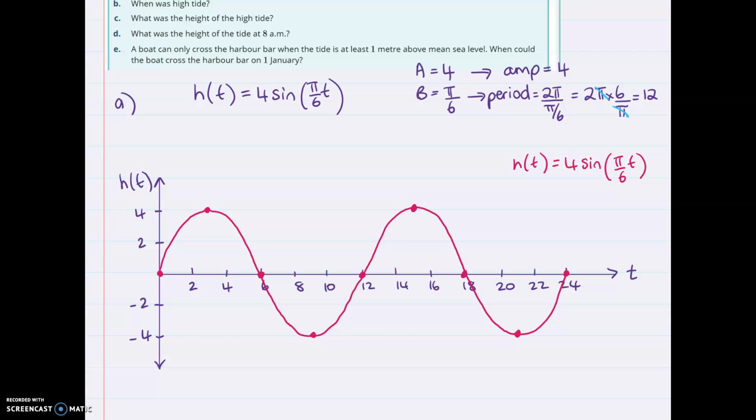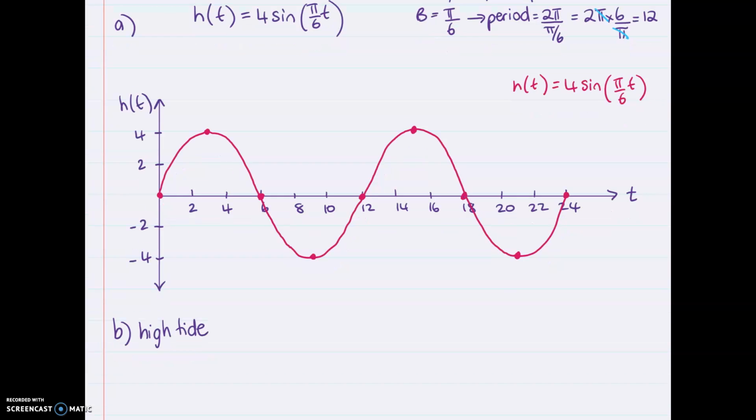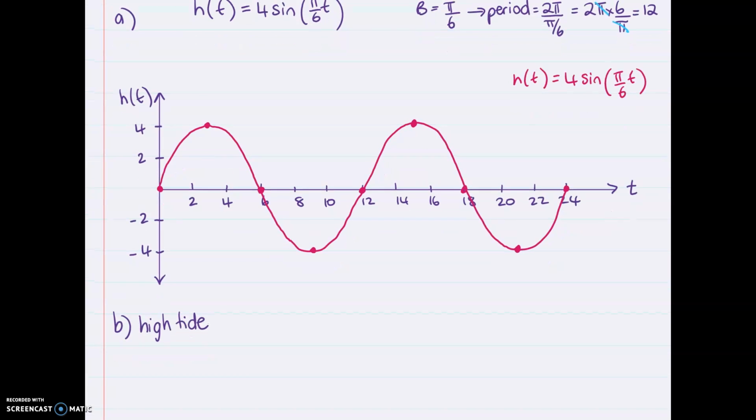Part B wants to know when was the high tide. To answer part B, there are 2 ways you can do it. The quickest way is just to read it off the graph. They want to know when was high tide. If this was on a tech active paper and it didn't ask you to use algebraic methods, we could just read it off. Looking at the graph, the high tides occur at 3 hours after and at 15 hours after. Remember, these are the number of hours after midnight. So from graph,